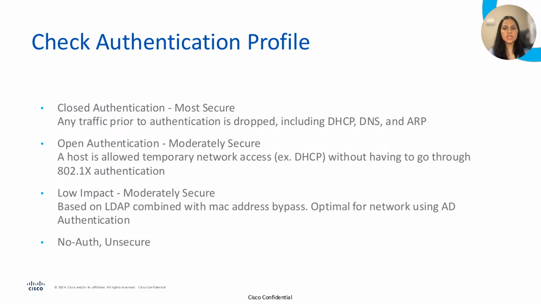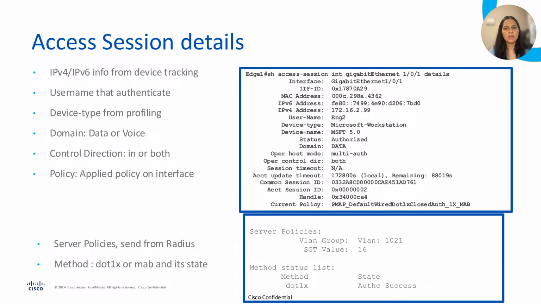So after checking the logs, it's important that the next thing we can do is check how the user is authenticating as well. Next thing to check here can be the session details. And that we can do by using the command show access session, which explains all the details of the session for a user. For example, in this slide,